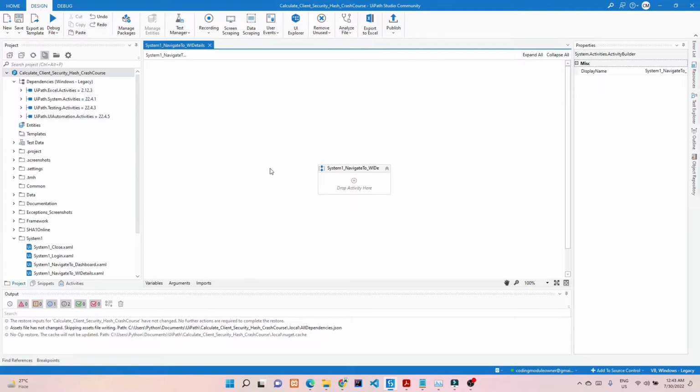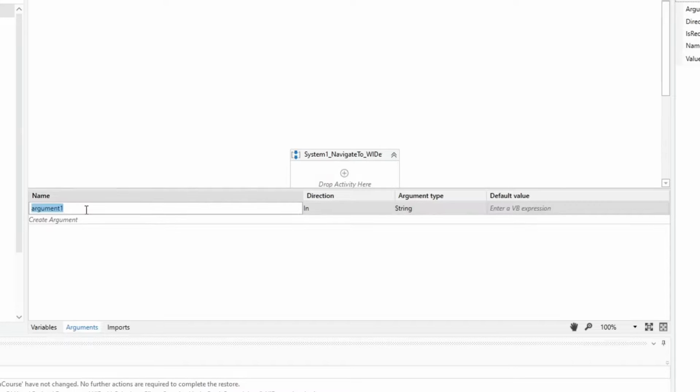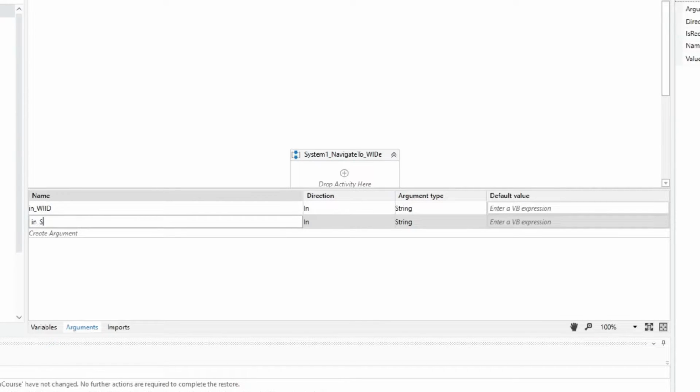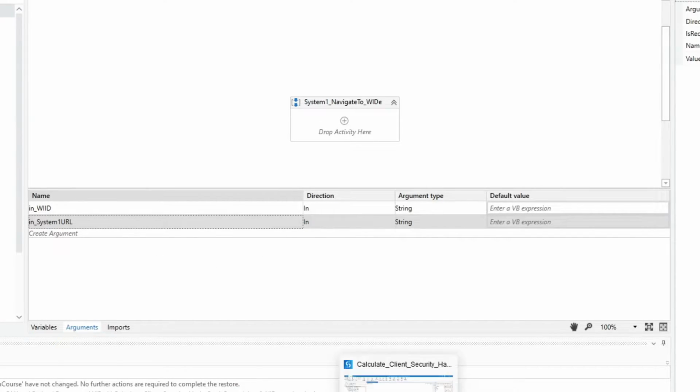With creating the two in arguments for this workflow. The first one is the work item ID. It's WIID of type string. And then the second one is the System1 URL, also of type string. Let's put a default value on both of these arguments that we will be using for later tests. So for the WIID,